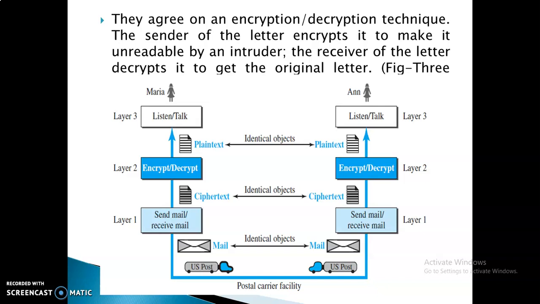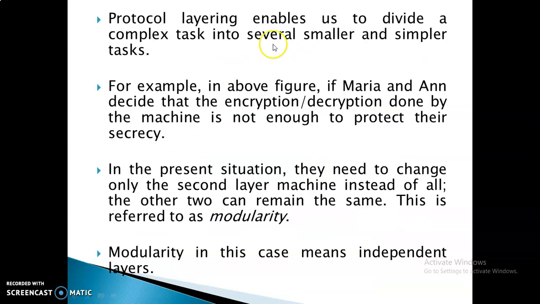The sender of the letter encrypts it, making it unreadable by the intruder. So who is the intruder? Someone who reads the message without the knowledge of the sender and the receiver. The receiver of the letter decrypts it to get the original letter. So protocol layering enables us to divide a complex task into several smaller and simpler tasks. For example, in the above diagram,